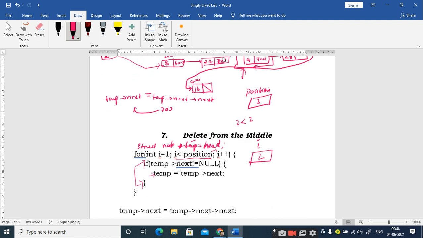Right. So this is how I am executing this: temp next is equal to temp next next. So the value of 100 will be overwritten with 700. Is it clear up to this point? Clear, sir. Right. So this is how you delete a node from a required position which is given as input from the user.